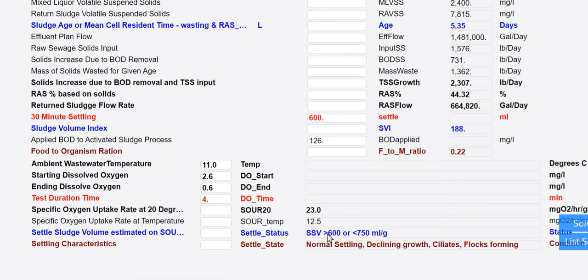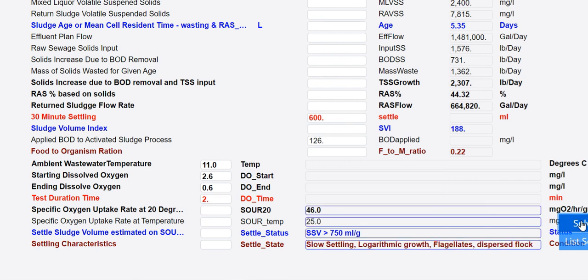The application goes through and looks at the SOUR value and tells you that your settled sludge volume should be between 600 and 750. It also tells you that under these conditions you would anticipate having normal settling, declining growth, ciliates, and flock formers. As an example, if we were to change this to 2 minutes and solve it,